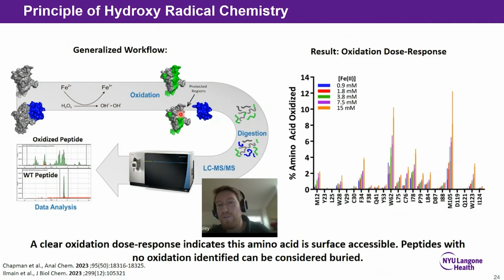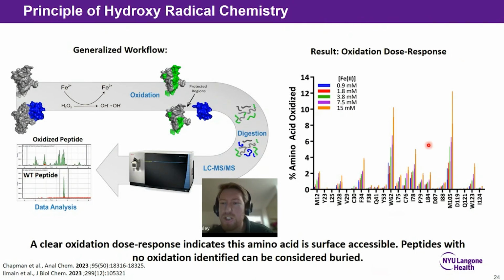And then if you had a complex, you could paint the protein in the complex. And really simply, what you're looking for is where the paint disappears. So in this case, we're doing LC-MS, and you're going to quantify the oxidized peptide and the wild type peptide. And you do this for several different doses I mentioned. If the oxidation truly represents a structural feature, we would expect a dose response curve with the hydroxyl radical concentration. So the result that we're looking for in these types of experiments are clear dose response curves, something like this,